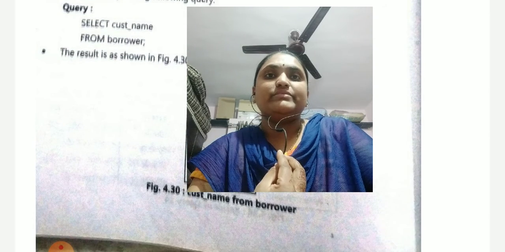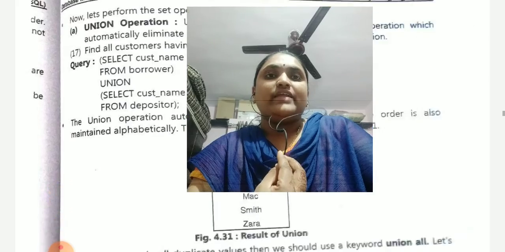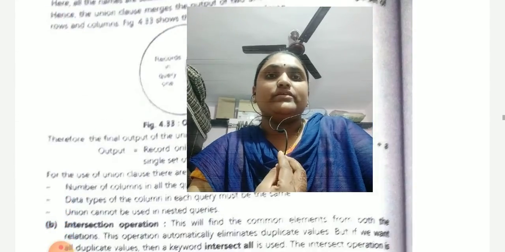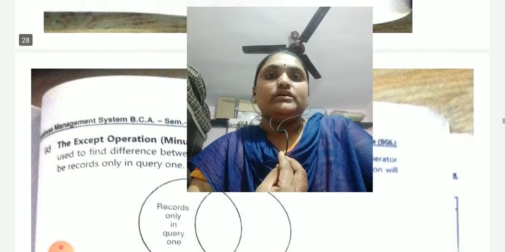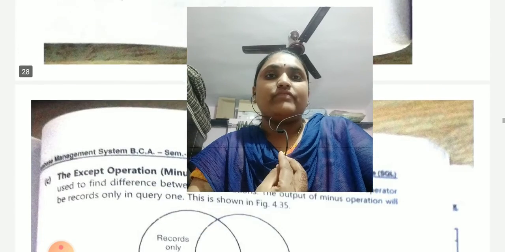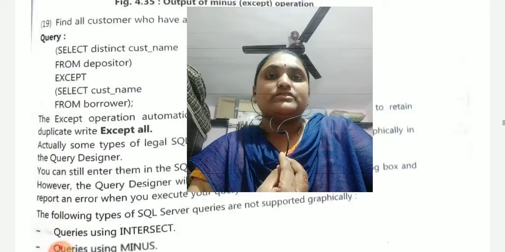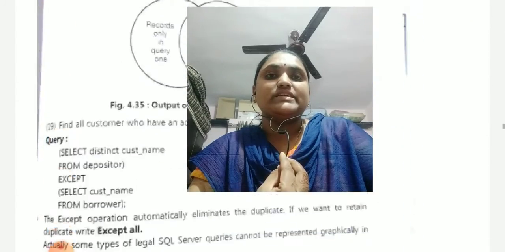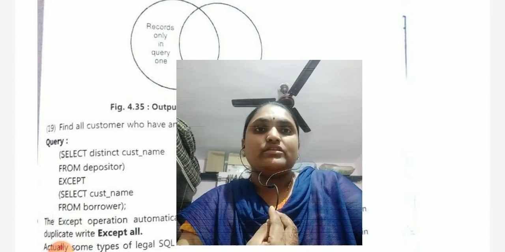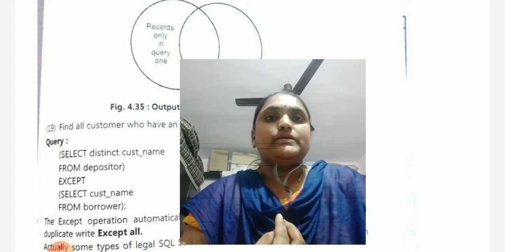To alter the table we use set. Select customer name from borrower. And afterward we will see the union operator. For combination of two fields we use union. Afterward we will see the except operation, that is the minus operation. All these concepts we saw in the previous lecture. Now currently we will see about the